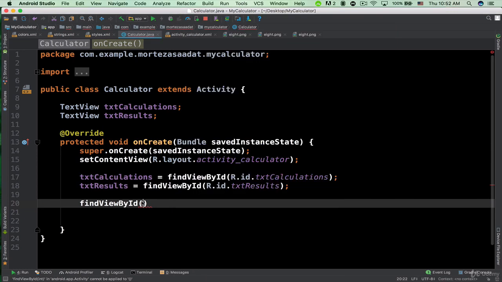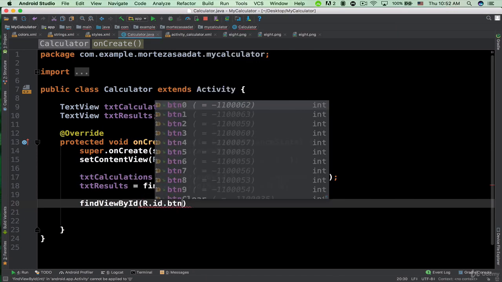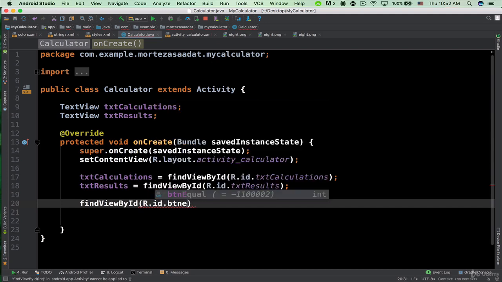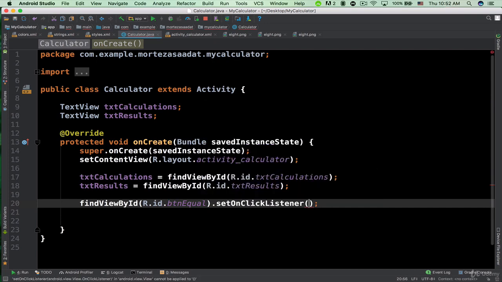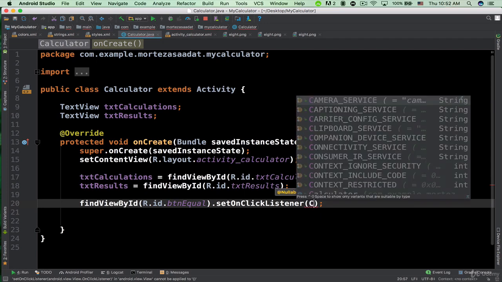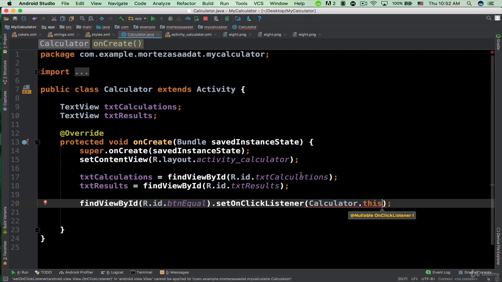So I'm going to say r.id.btn equal dot setOnClickListener, and here I am going to just pass the context. The context is going to be the calculator class. So calculator.this. But here it's showing us an error, and this error means that this calculator class must implement the